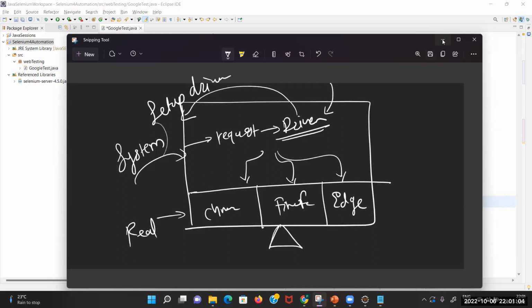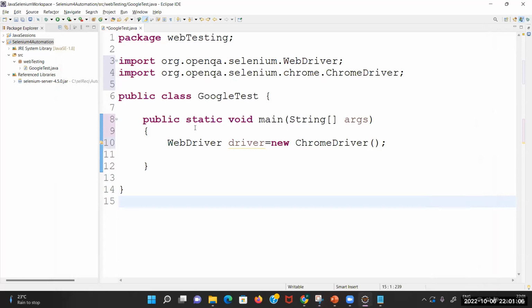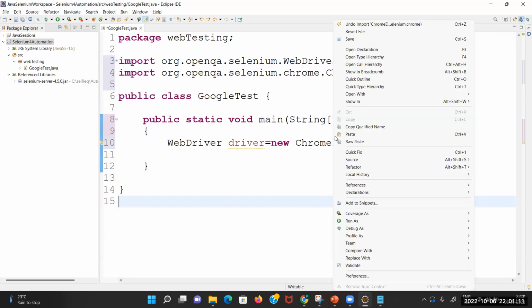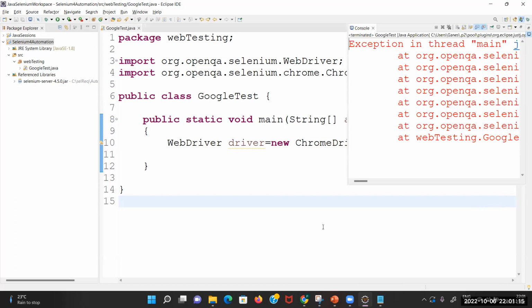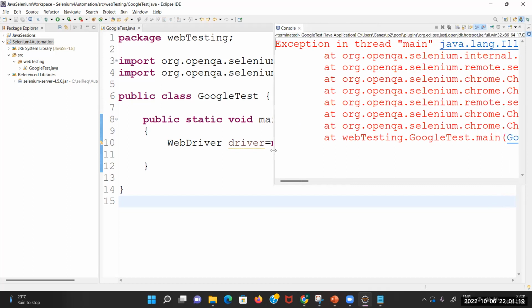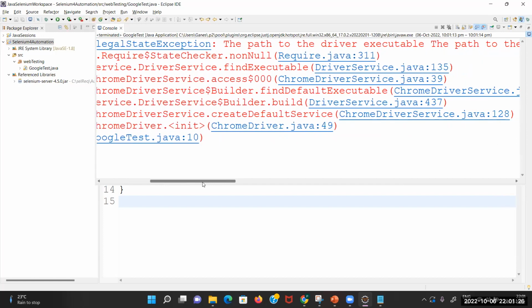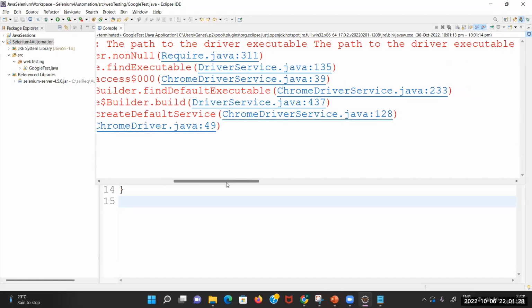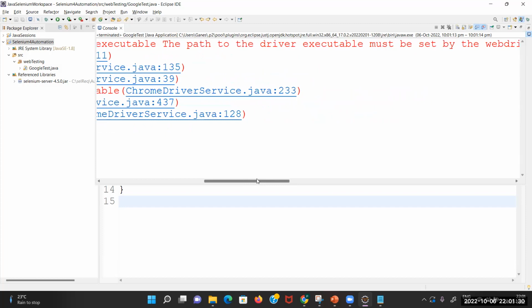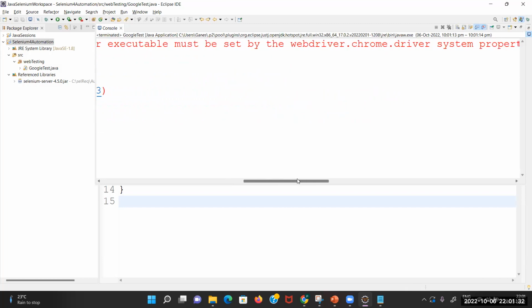See, in fact, just observe. If you don't write anything, just write a single line statement, and if you run it, you will be able to see one exception. That is called IllegalStateException. Just observe. You are getting one exception from Java, IllegalStateException, saying that the path to the driver executable must be set by whom? Selenium, this